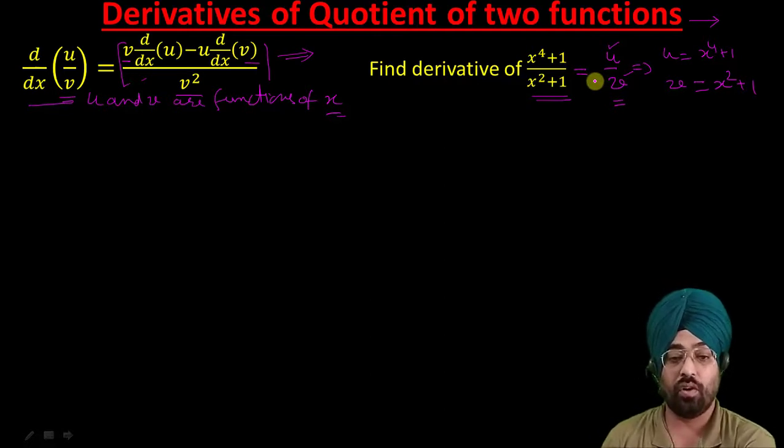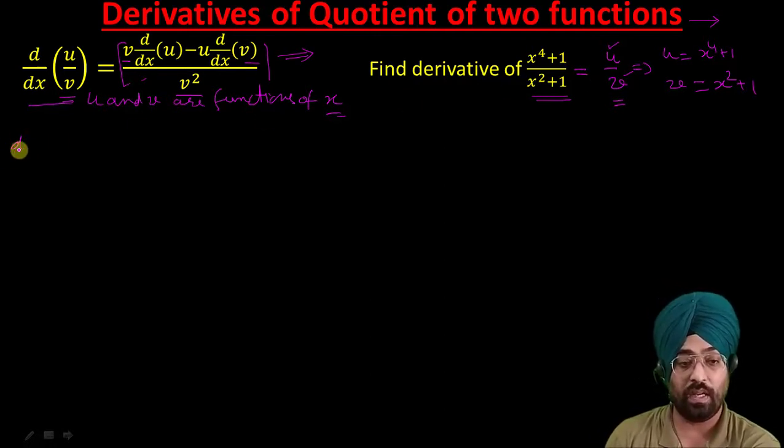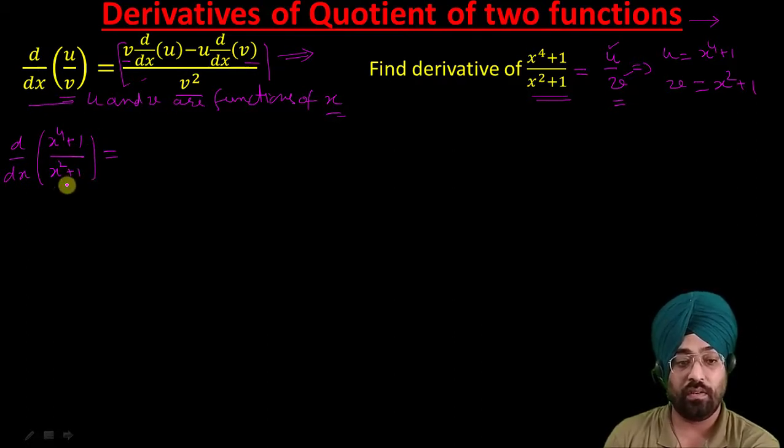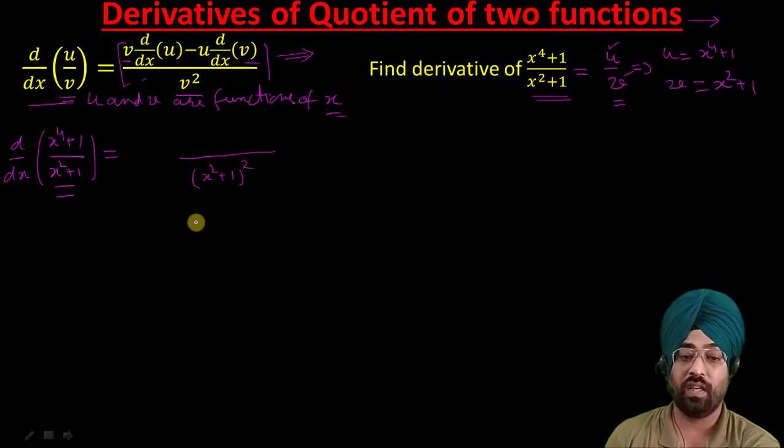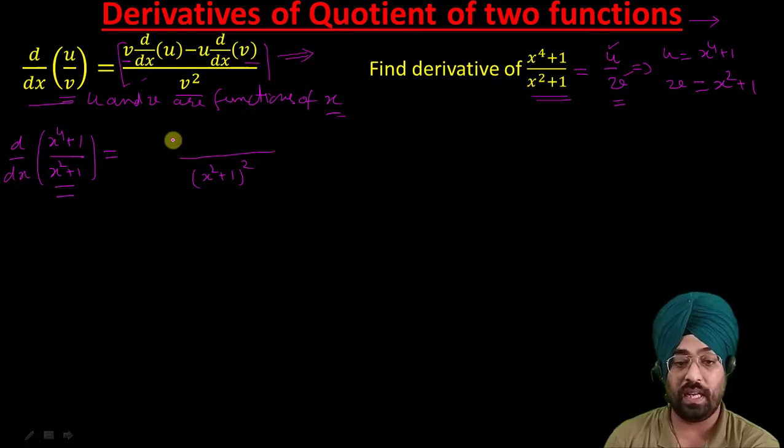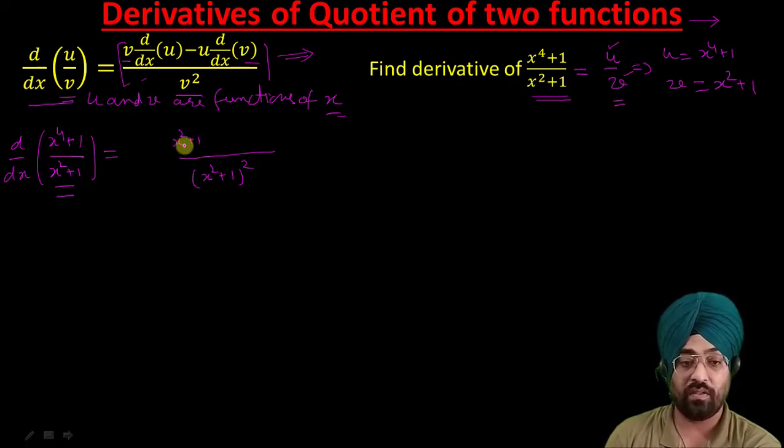So let us try to solve this derivative dy by dx of x to the power 4 plus 1 upon x square plus 1 is equal to, again, v square, the square of the denominator. So in the denominator it will become x square plus 1, whole square. Then v as it is, the denominator as it is, x square plus 1, times the derivative dy by dx of the numerator. The numerator is x raised to the power 4 plus 1. Now minus